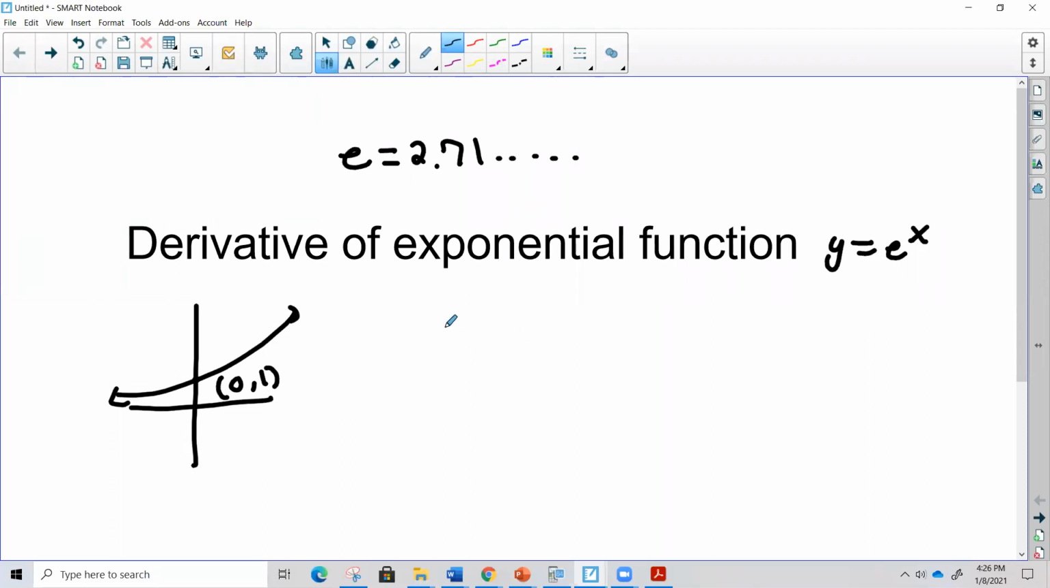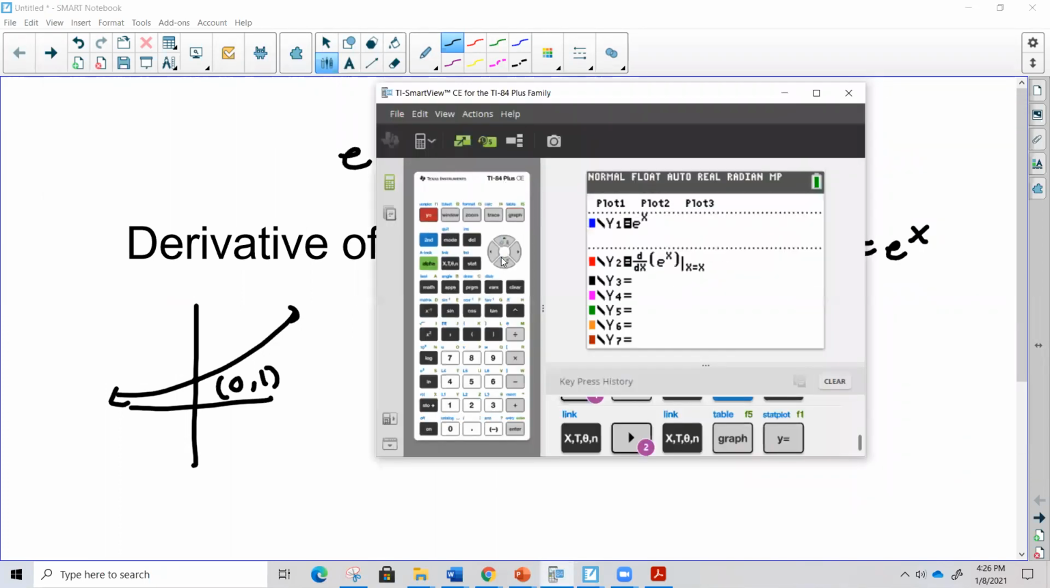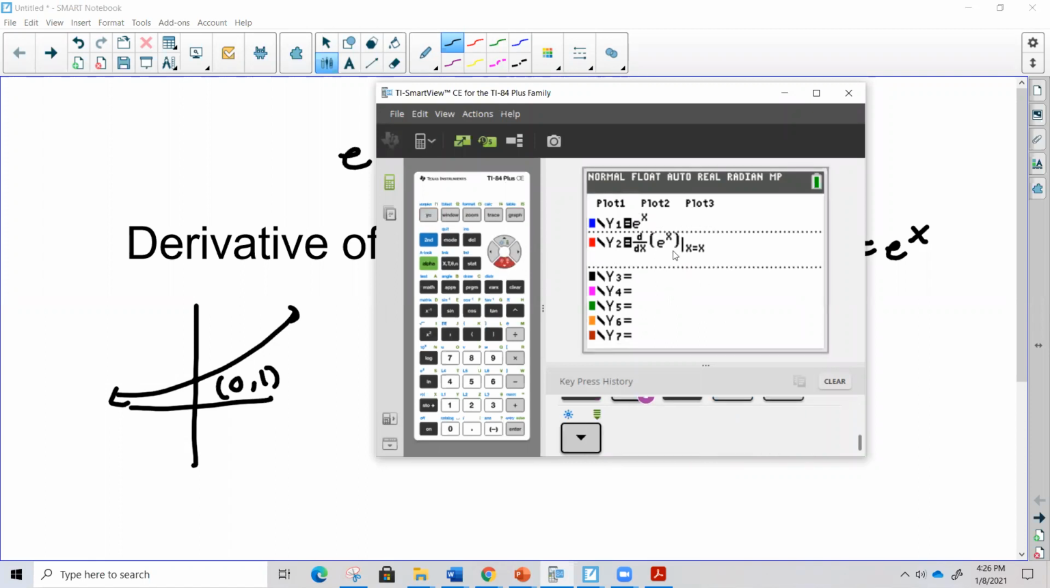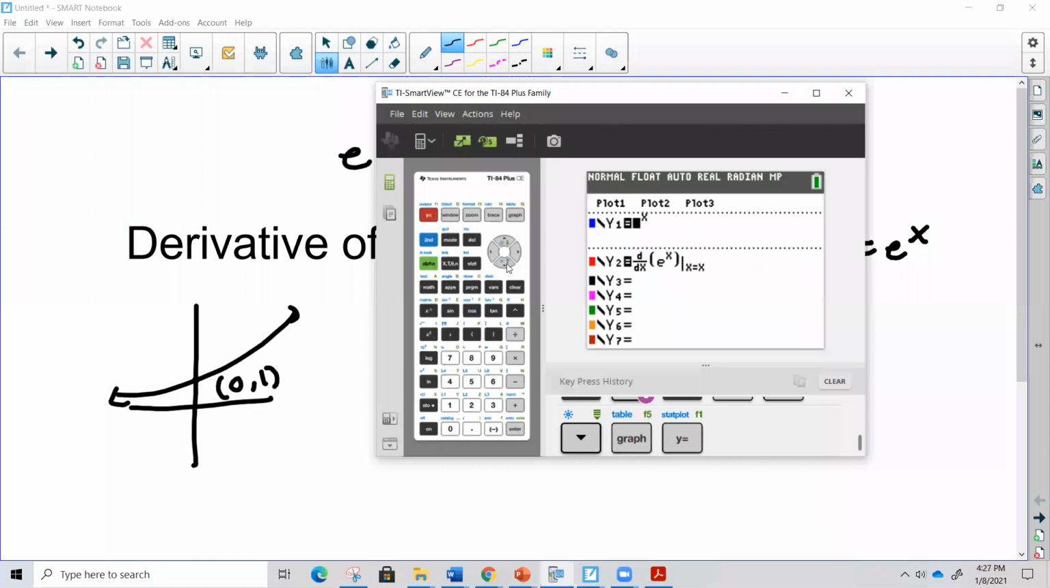But for the derivative of e to the x, it's actually one of the easiest ones. The derivative of e to the x is just itself, e to the x. The proof of it is kind of beyond this class, but if I show you the graph, y1 equals e to the x is there, and if I take the derivative of e to the x, remember d/dx means the derivative, if I graph both of them